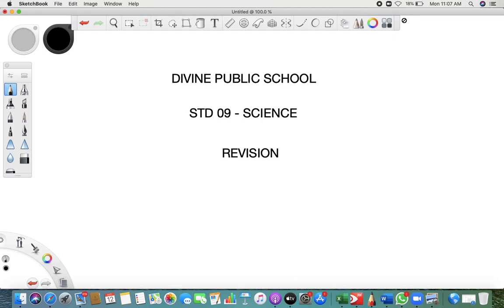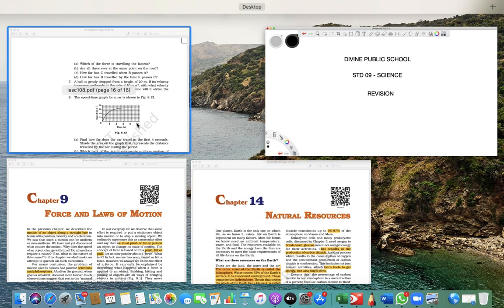Section B, make sure you give the number properly. You don't need to copy the question over there also. And each section should be written on a new page. So make sure you write every section on a new page. So section A, B, C, D, this is how you write down each section differently. Okay. Now let's take an overview.